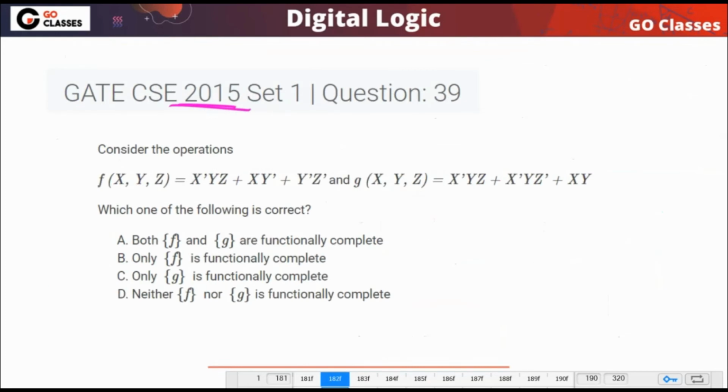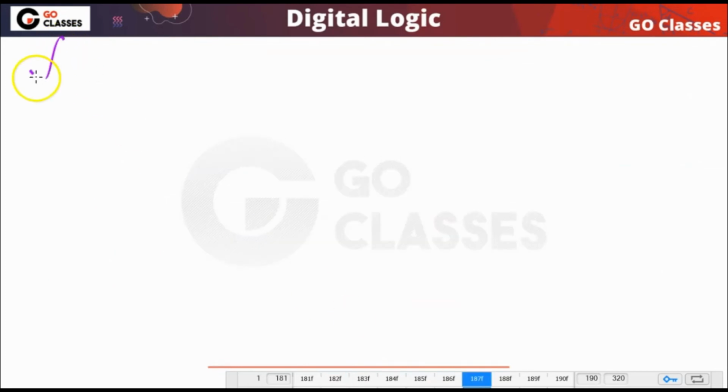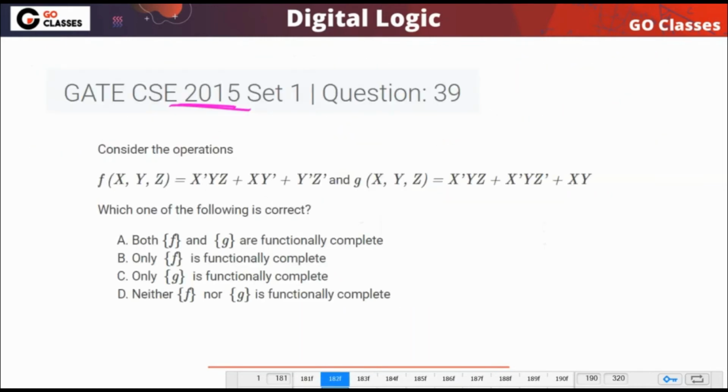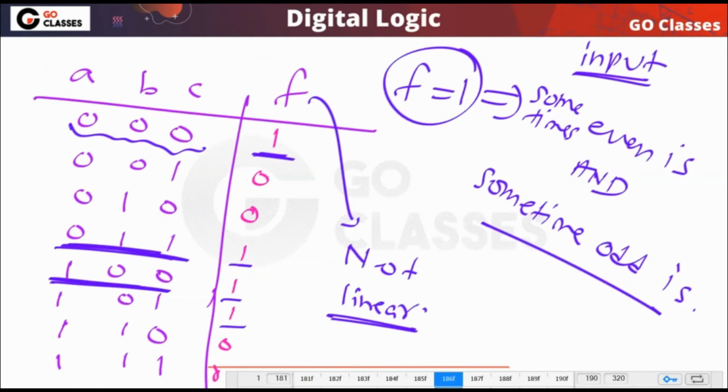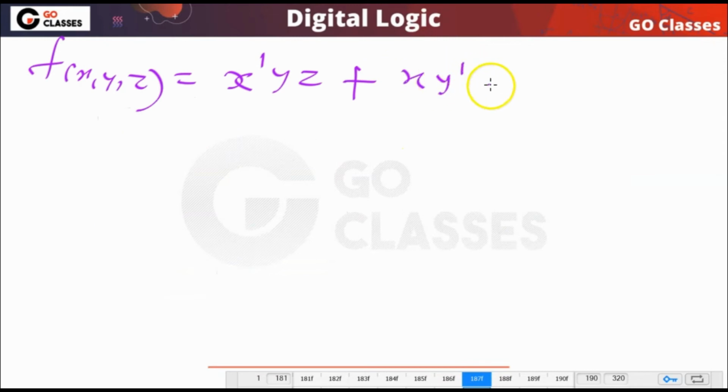So now we are going to try to create not, comma, or. This is the function x bar yz or x y bar or y bar z bar. This is already nor. So can I create not?